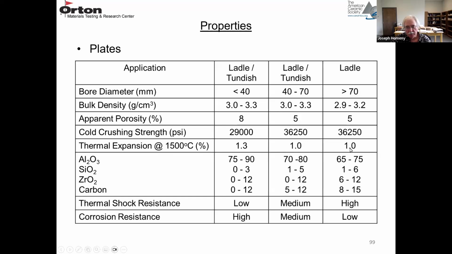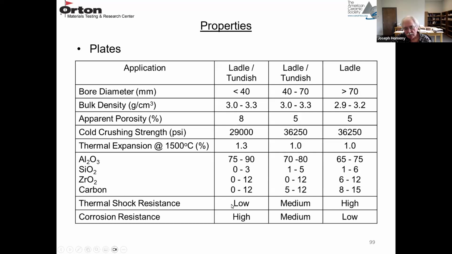it's going to have pretty high thermal expansion. This is at 1500 degrees C in percent. And then these are the compositions. So you have alumina and carbon. Alumina is a primary aggregate, and carbon may be up to 12, 15%. And these materials are adding some fused silica, a 0 to 3, and maybe 1 to 6%. And they're also adding some zirconia for corrosion resistance, maybe up to 12%. So depending on the chemistry,